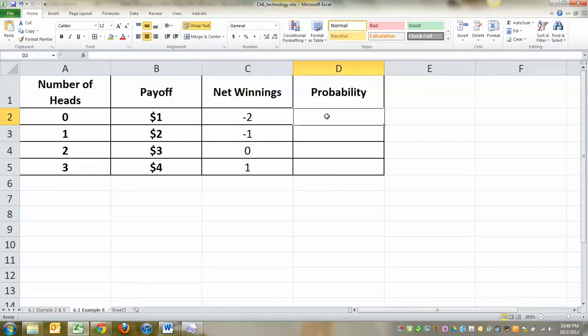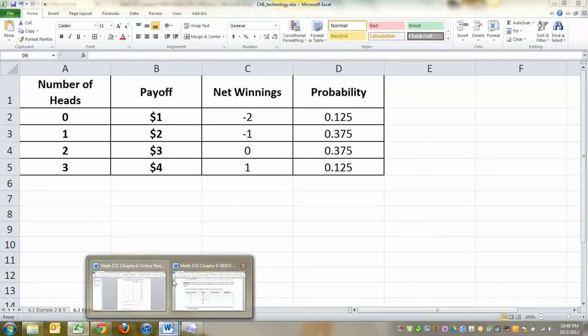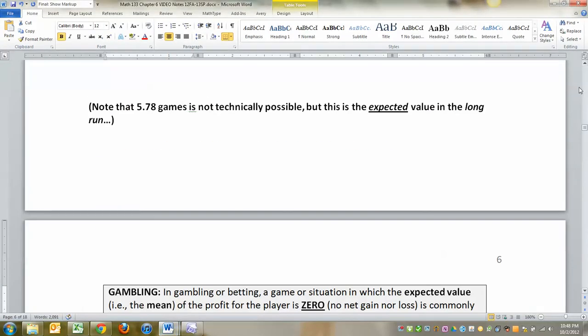All right, now what's the probability? Well, we found this way back. Oh my gosh, I'd have to go look it up in chapter 5, but we already found these. This one was 1 out of 8. This one was 3 out of 8. This one was 3 out of 8. And this one was 1 out of 8. And if you don't believe me, it just occurred to me I could use